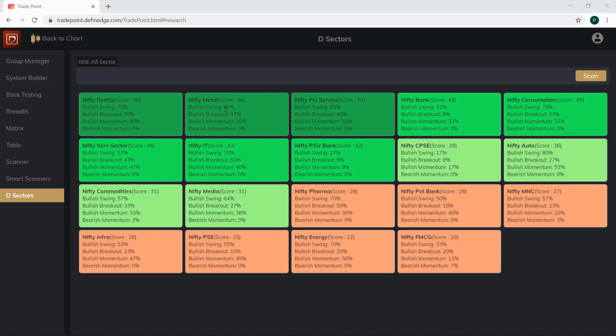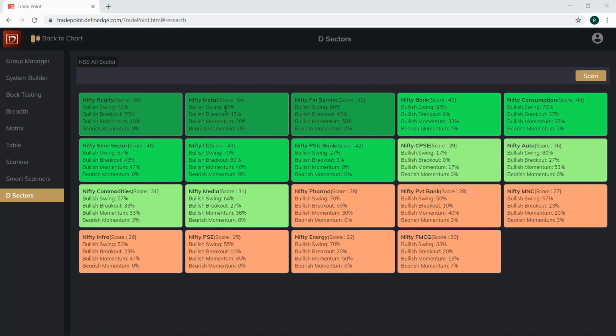Also, when a sector is performing, you should see how many stocks in that group are contributing. If a larger number of stocks are contributing, then the overall sector is strong. At times what happens is the market is correcting or in a sideways mode. Most of the sectors are in sideways mode, but some sectors are just showing strength against other sectors, and so they come in the top list.